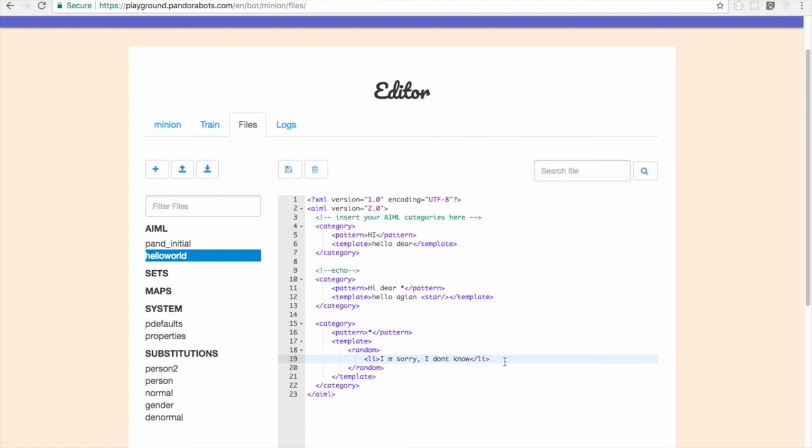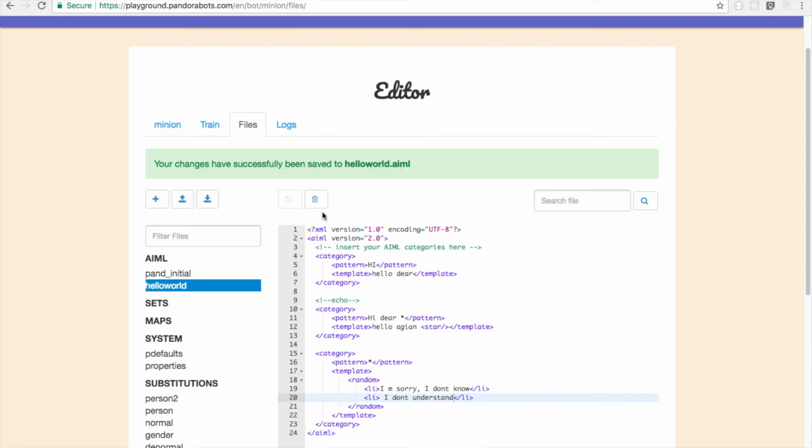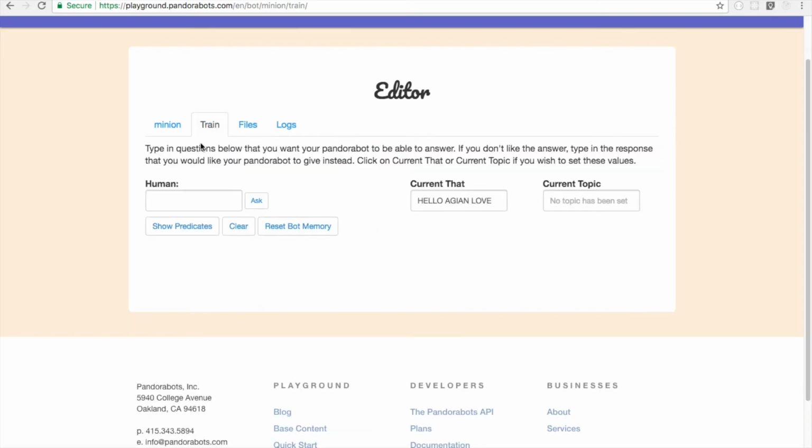Something like that. Or like, "I don't understand." I think that's good for this. Yeah, let's go and save it. That's nice. It ran successfully. Let's go and train it.